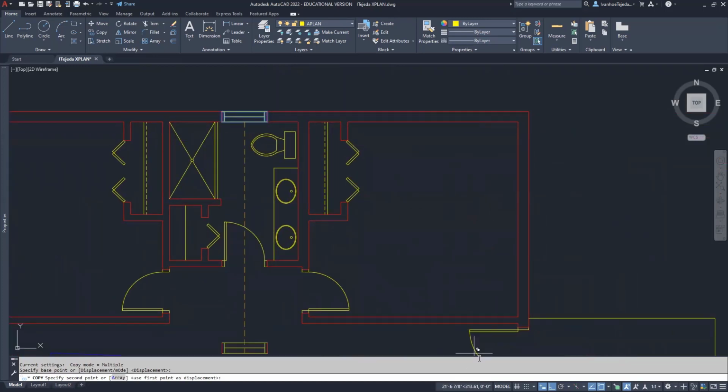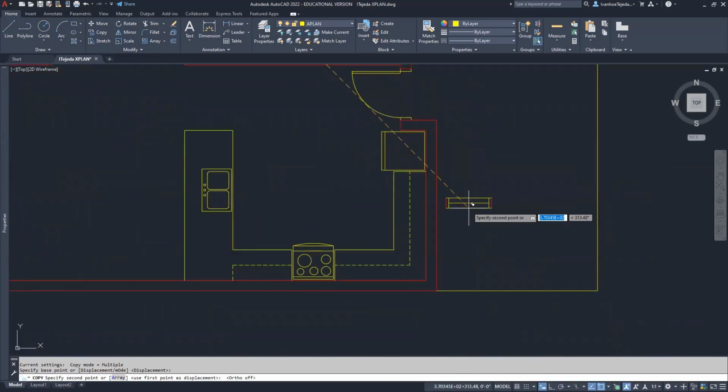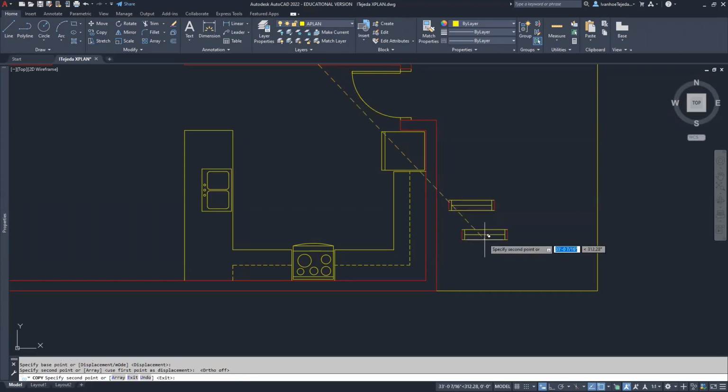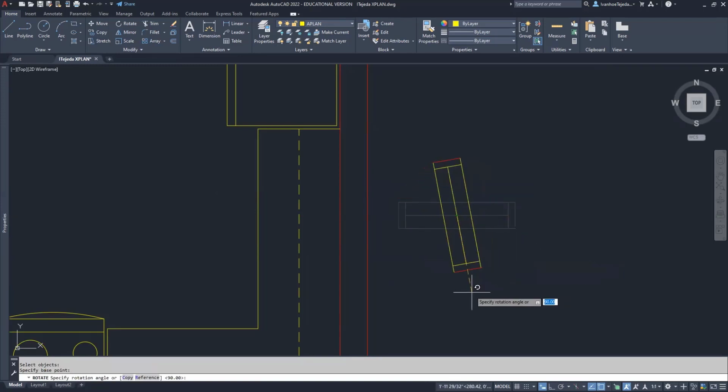Let me turn ortho off, bring it down here. And you notice how I'm not in a rush to place it exactly where it needs to go. I just want to bring it into the general vicinity first. So I'll click, and then I'll tap my escape key to terminate the command, zoom in, and then type RO to rotate and enter. To select the objects, I will go ahead and window them like this and enter. I'll pick this midpoint here, rotate straight down, and looks like it's tracking that midpoint, so I'll take it and